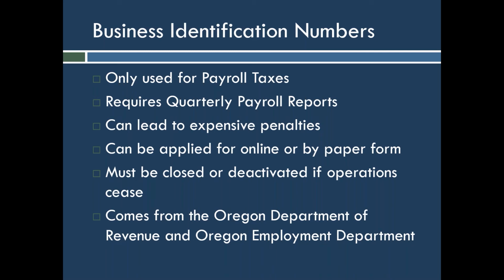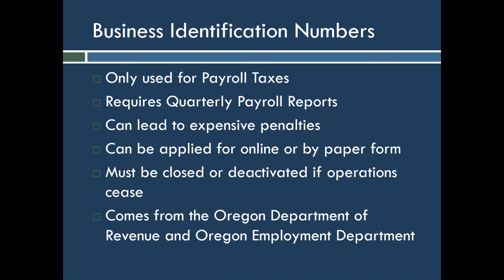Now, there is a method for submitting reports to those 3 agencies in one combined report, but still, it is easy to make mistakes on those, and unless you are a fan of submitting information every quarter to the government, I would strongly recommend that if you don't need a BIN, that you don't obtain a BIN, because the mere act of having a BIN obligates you to do those quarterly reports.